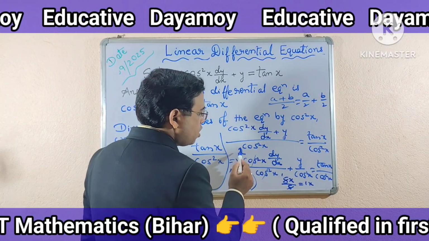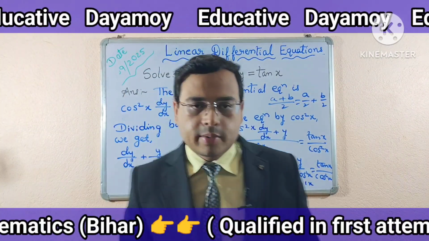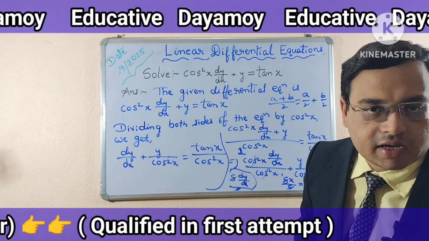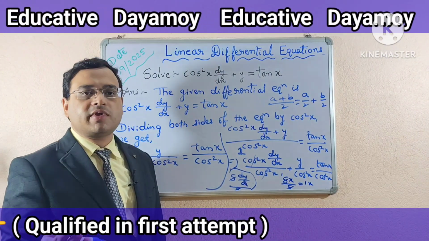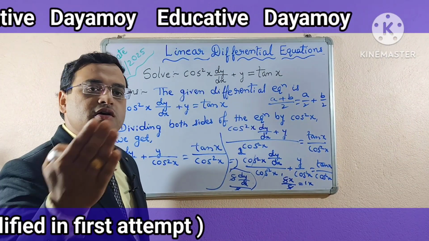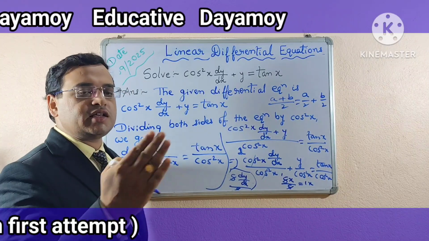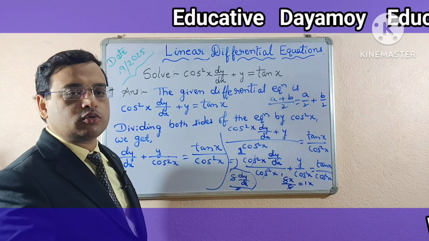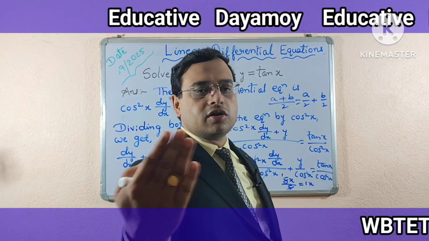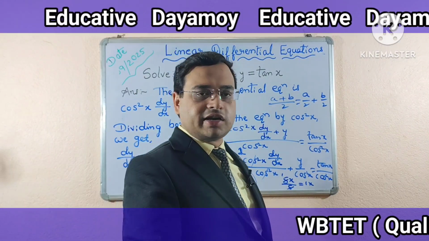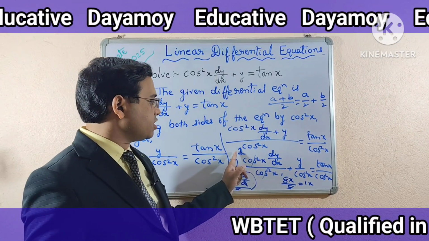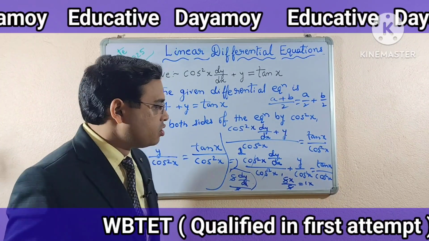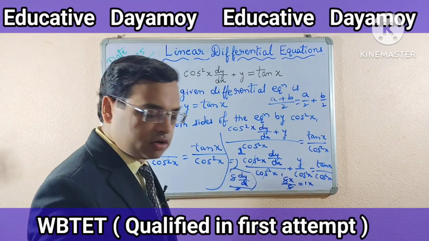Similarly here, 1 divided by dx means 1 into dy by dx. Now 1 into dy by dx means dy by dx. Okay. Anything multiplied with 1 becomes that thing, means any variable or any constant or any derivative multiplied with 1 becomes that number or that constant or that derivative. Okay. Similarly, this thing is applied here. 1 into dy by dx means dy by dx. Okay. So here what it will be?